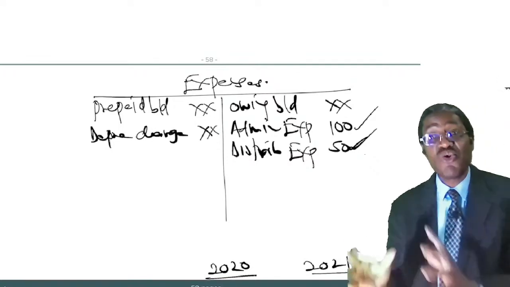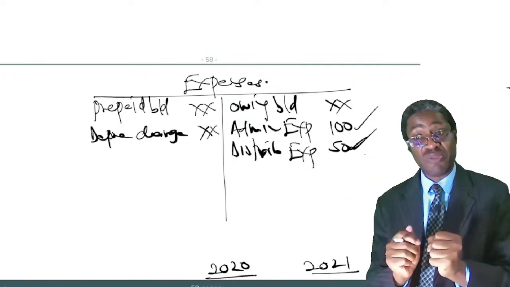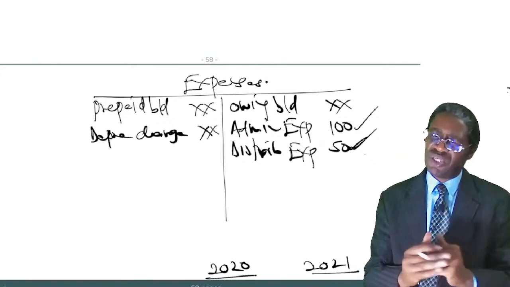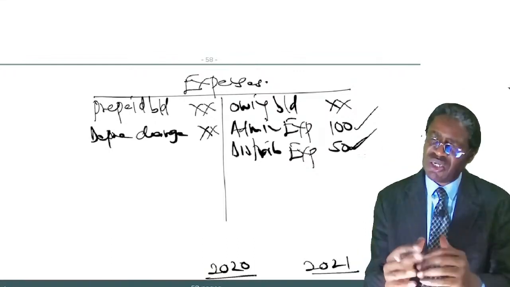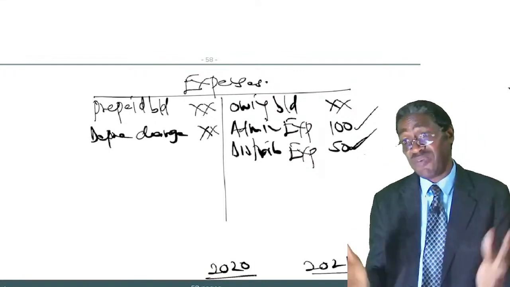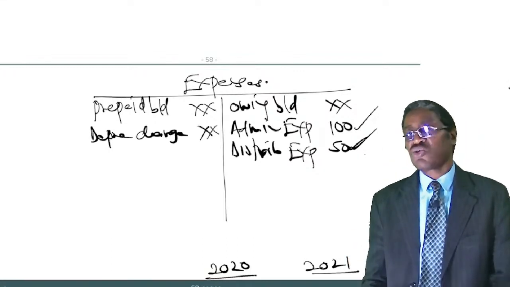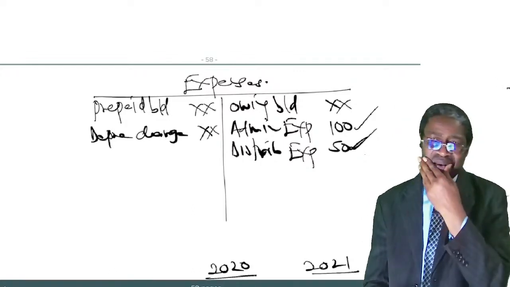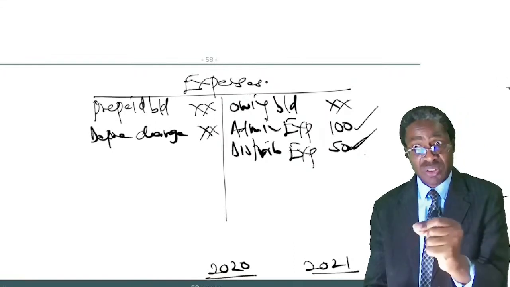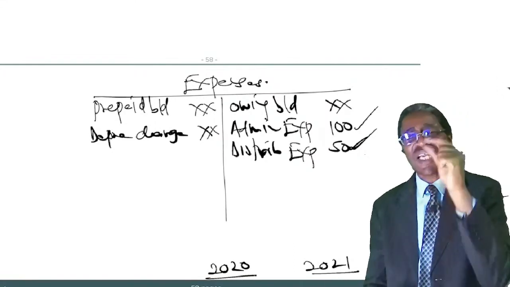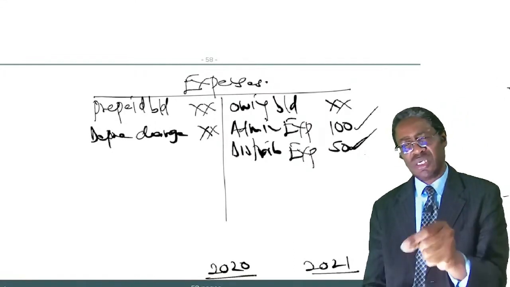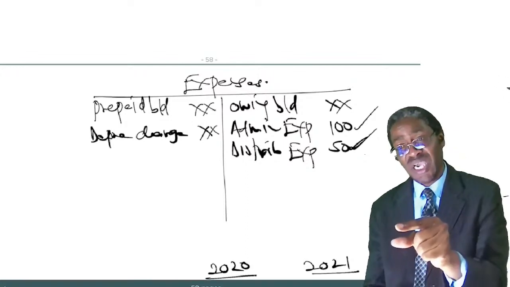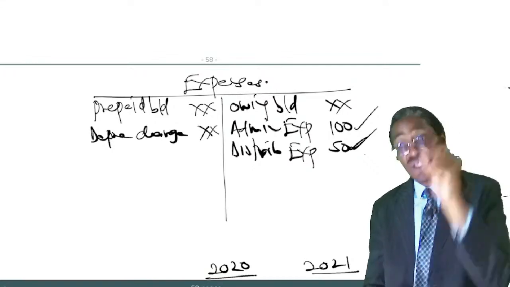By debiting, you are removing it from the charge for the year. It could be you depreciated office equipment. It could be you depreciated an office delivery van, whatever it is. So we are asking ourselves, listen from the question. Are there any non-cash items that you could have charged within either admin or the distribution,